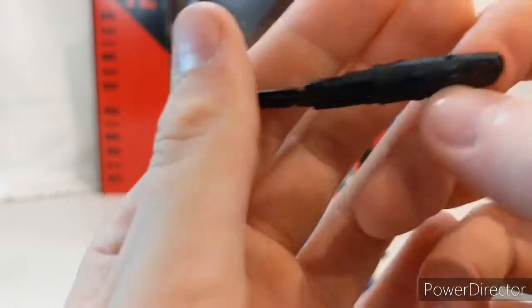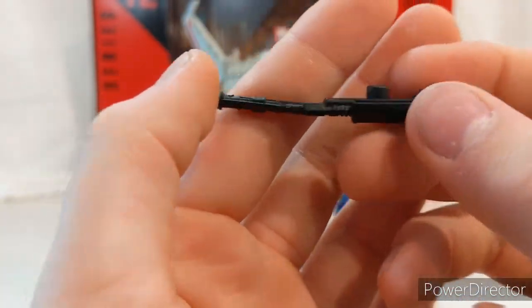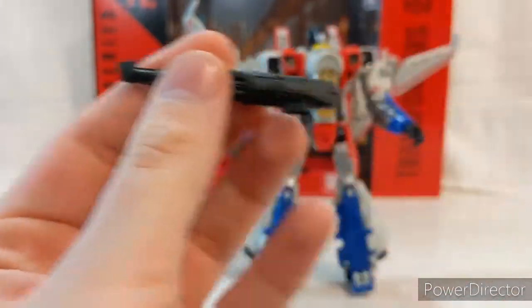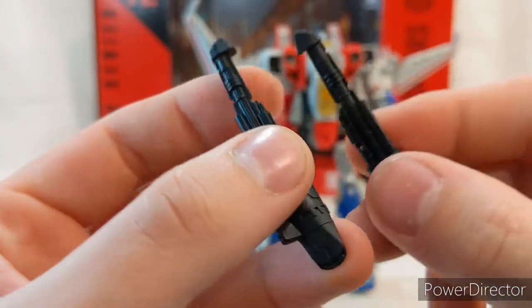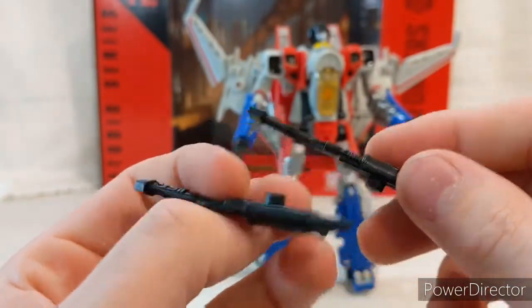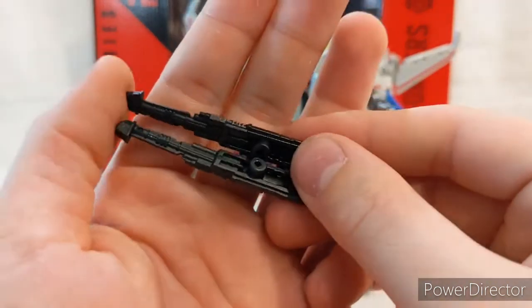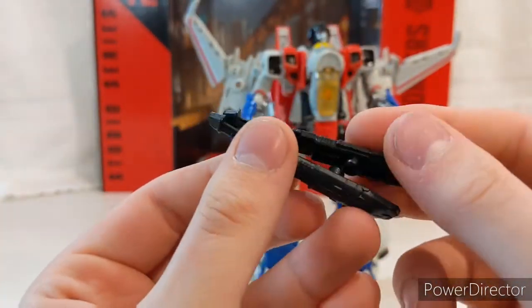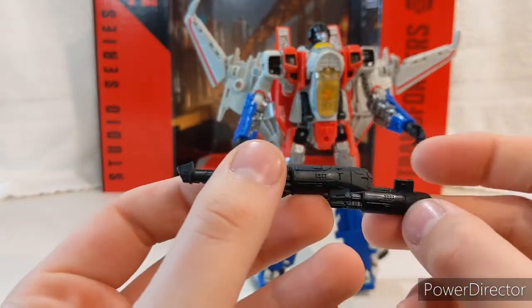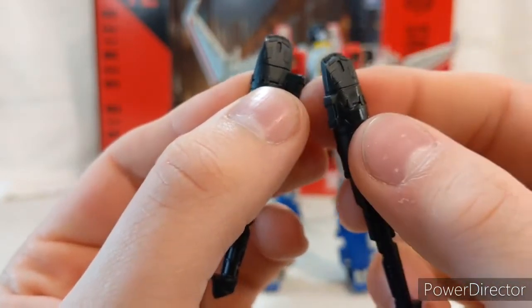Anyway, his, I'm going to just say null rays, to say he's probably either going on his arms or on his wings, and they are done in a black plastic. This one is slightly warped. Not a huge amount of detail. Looks almost like they should be half of a gun, but that's probably because they go on his wings. I wonder if they can go together. It doesn't look like they go together, at least on one side. Now, it does look like they do have pegs to...